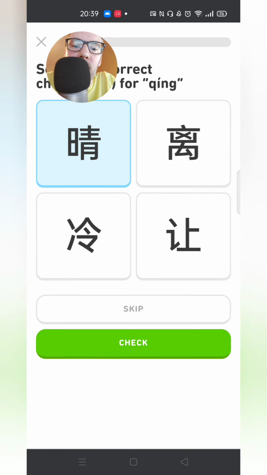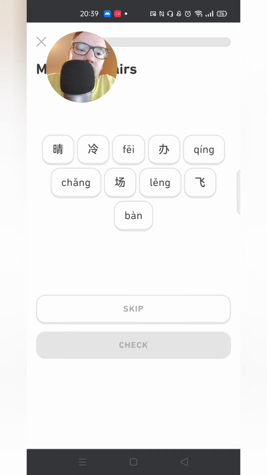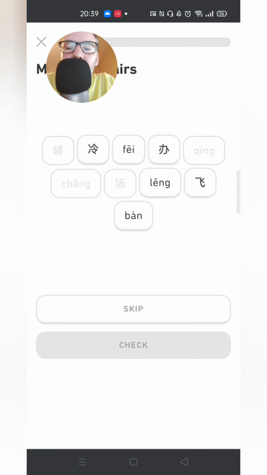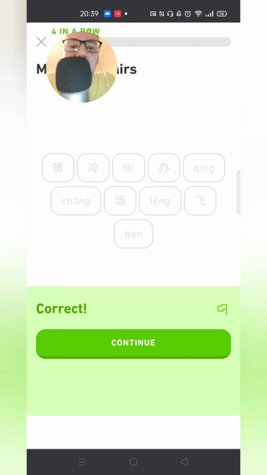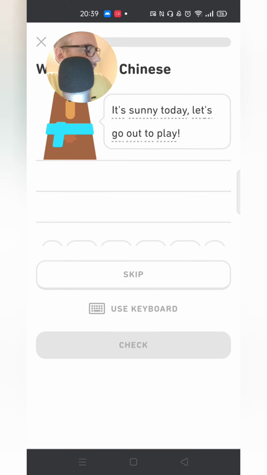Jiang means clear, as in clear skies, jiang tian. Chang is like outside space, a field or something. Fei is to fly. Ban's like work. Sorry, my computer's gone off and now it's gone all dark. Get back, there we are.